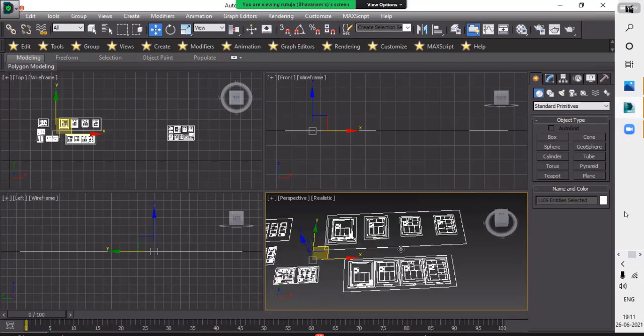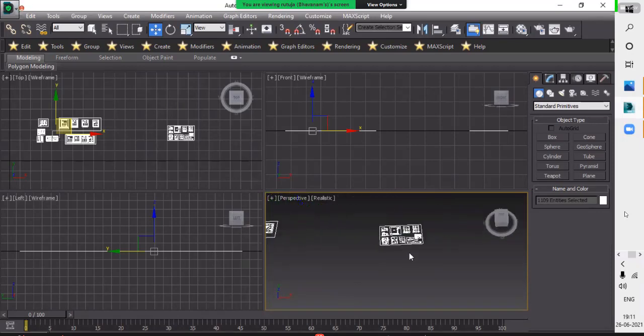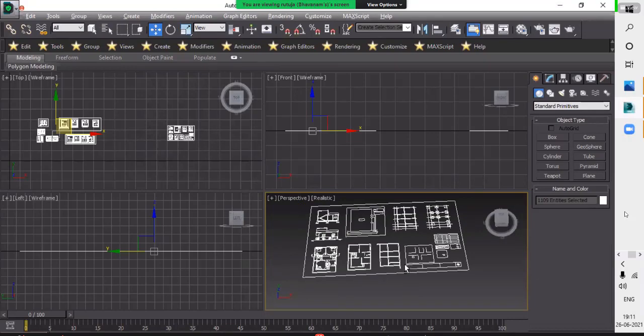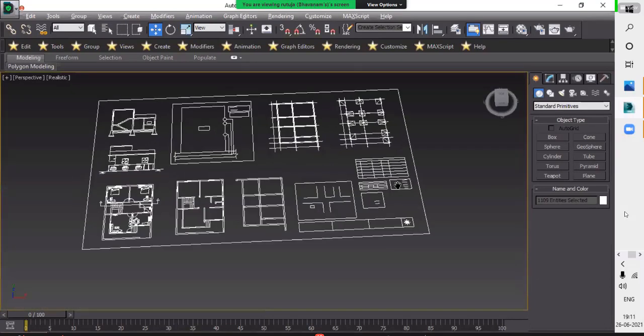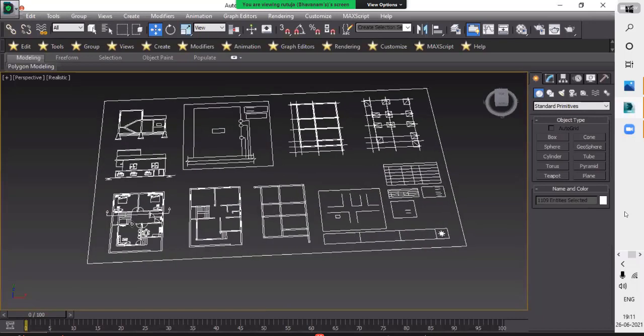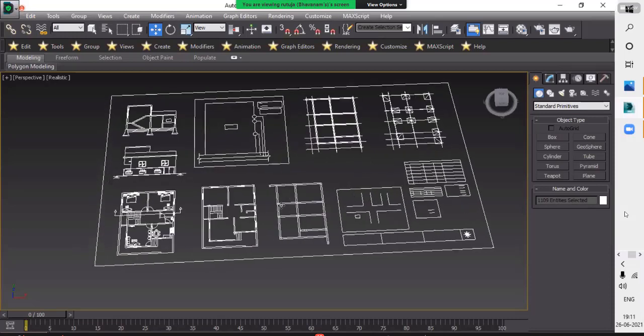Here is your plan. Okay, your 2D plan. So what can we do now? Consider that this is our ground floor plan.